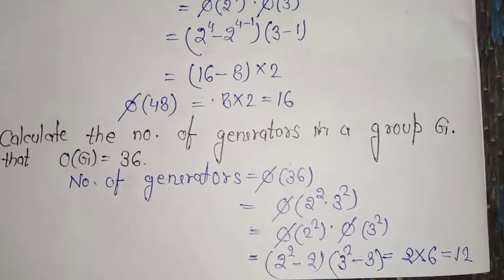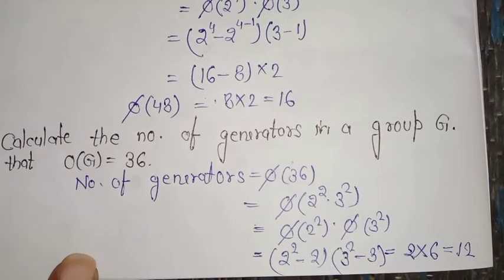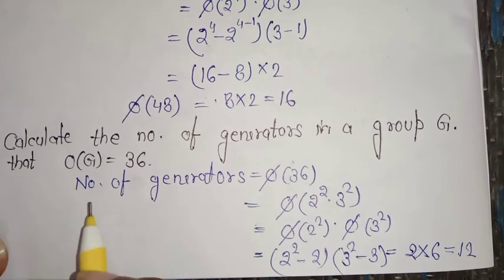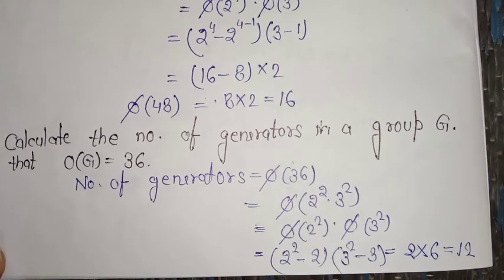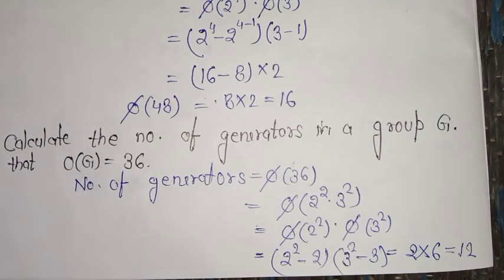I hope you understand the process of Euler's phi function and the way to calculate it in any case, and that it is used to calculate the number of generators in any cyclic group. And there are many applications of Euler's phi function that you will understand when you study group theory